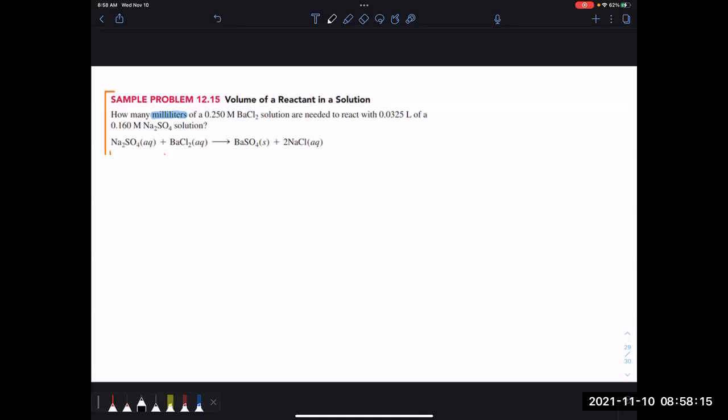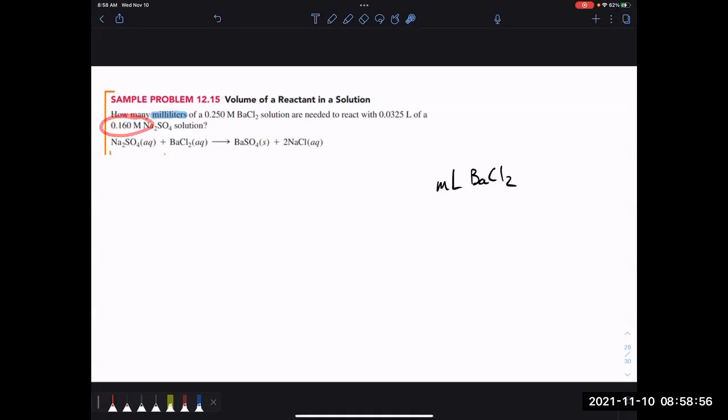Okay. So similar problem to the last one. We want to know how many milliliters of this 0.25 molar barium chloride solution are needed to react with a volume now of a different molarity sodium sulfate solution. So again, we can look at these and say, okay, what are our conversion factors? What are we looking for? We're going to end with milliliters BaCl2. And we're going to start with,